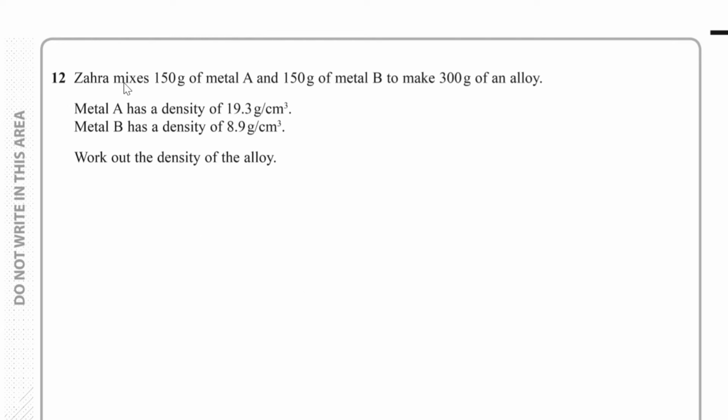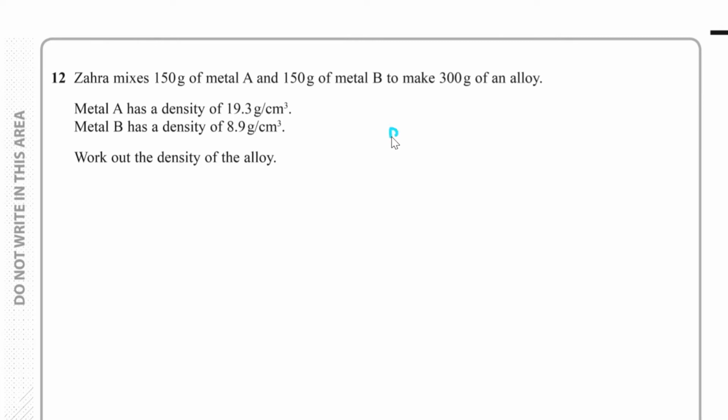Question 12. Zara mixes 150 grams of metal A and 150 grams of metal B to make 300 grams of an alloy. Metal A has a density of 19.3 grams per centimeters cubed. Metal B has a density of 8.9 grams per centimeters cubed. We have to work out the density of the alloy. Well, here we've got densities, we've got masses over here, and we need to work out the density of C. So what connects all those is the formula,